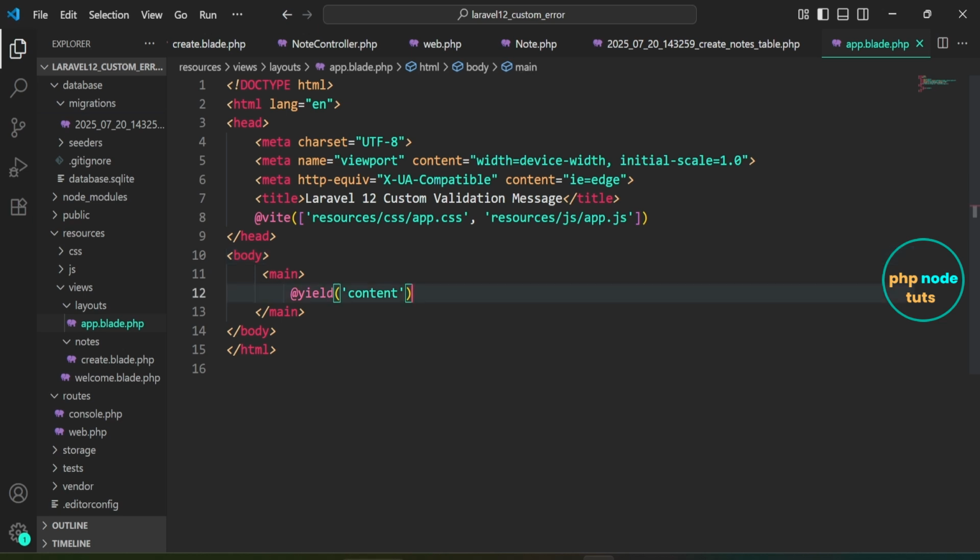Inside the resources/views folder, I've created a new folder called layouts. In that folder, I've added a file named app.blade.php, which will serve as our main layout file. Here, we're using the @vite directive to load our compiled CSS and JavaScript files, specifically app.css and app.js from the resources folder. In the body tag, I've added a main tag. Inside this tag, we use @yield('content'), which is where the content from each child view will be inserted